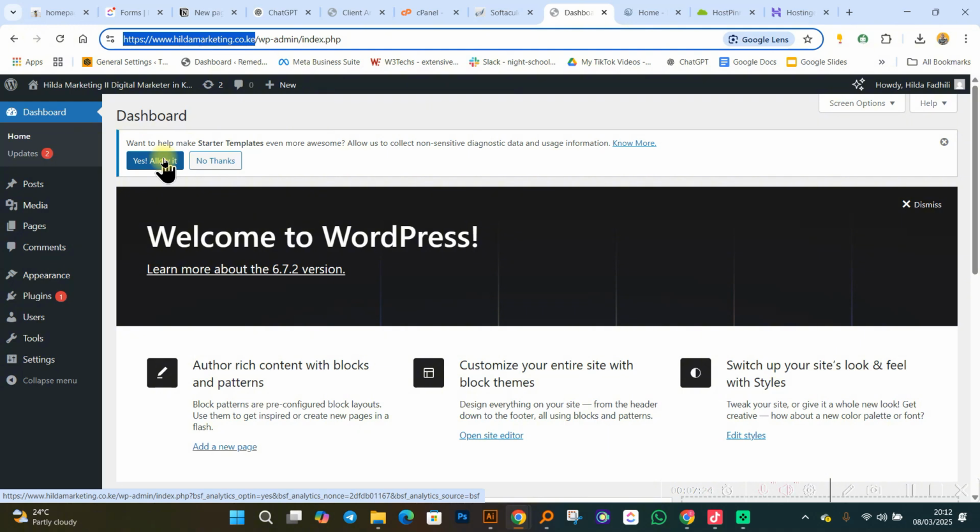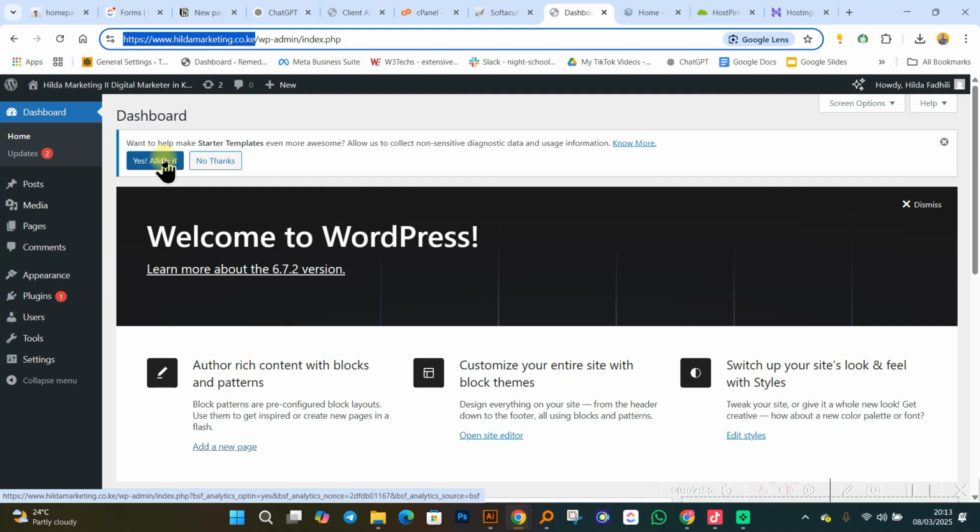Now, with a content management system, you are able to craft a website from start to end, okay? We have other types of content management systems. We have Webflow, we have Wix, we have Joomla. There are so many. WordPress happens to be the most powerful, powering around 43% of websites globally. It can be a very good opportunity for you to get to understand WordPress. So in this session, I'm going to be showing you the workflow behind me creating a website for a client or even my own website, okay?